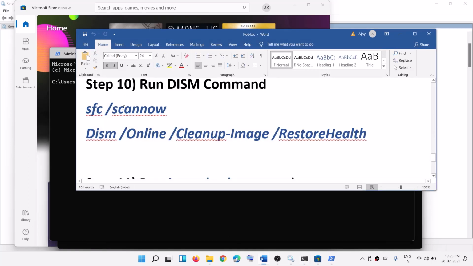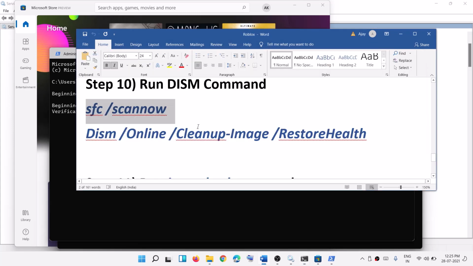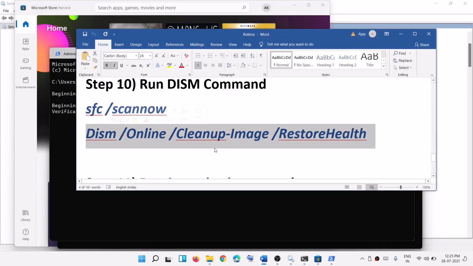And then you can go ahead and run this command over here, paste it over here, hit the enter key, and once this scan is 100% complete, you run the second command. So once this is 100% complete, copy the second command and then run the command over here, and once the second scan is 100% complete, you can go ahead and restart your computer and then you can go ahead and try to use Microsoft Store.